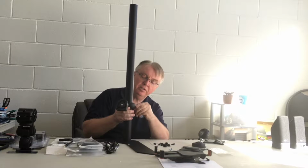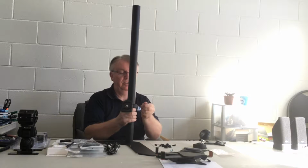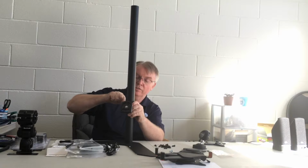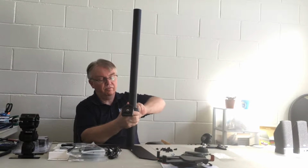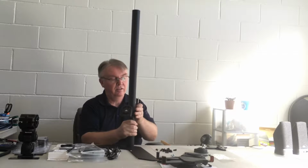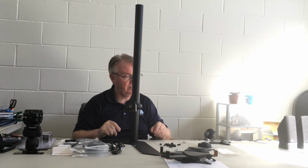A little tedious, but we are getting there. Okay, so now that's tight on there. And a couple more turns on this side. Like so. Okay. So that's the first one. And then